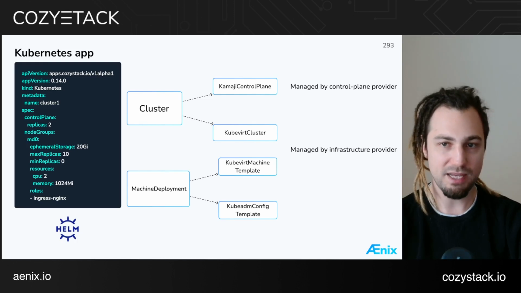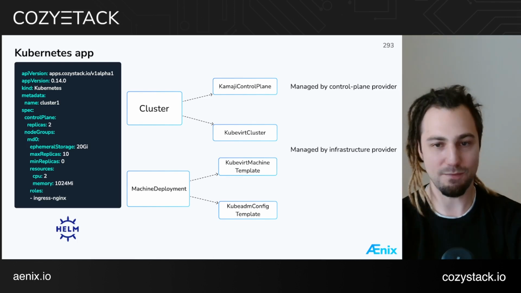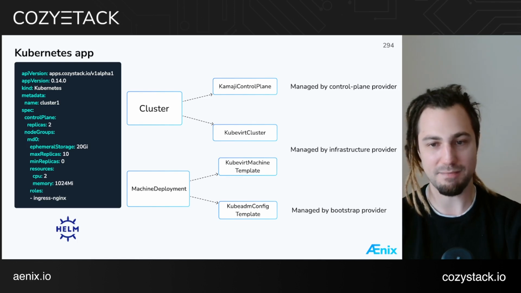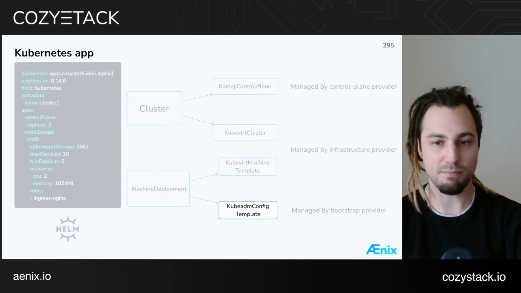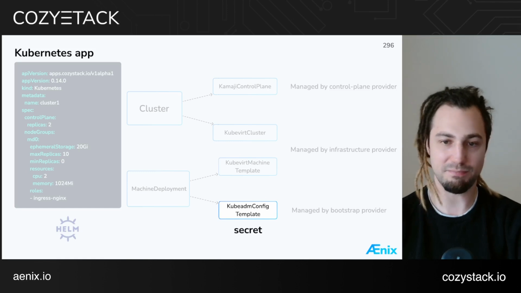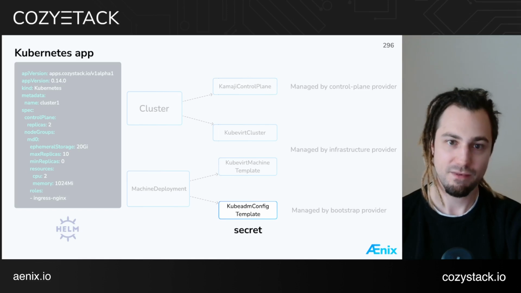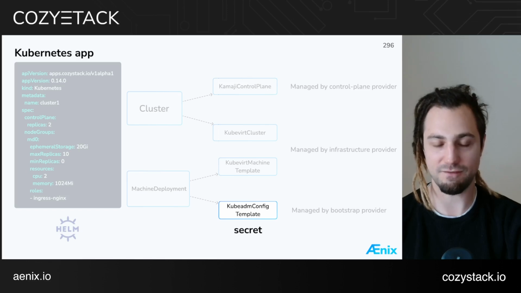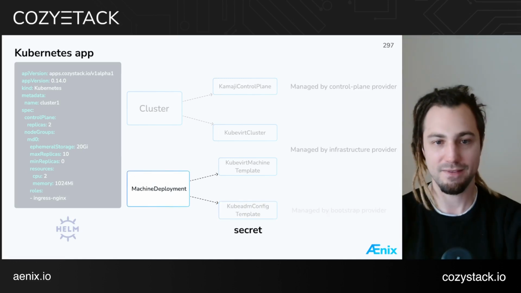Those entities are managed by various providers in terms of Cluster API. So Kamaji control plane is managed by the Kamaji control plane provider, the KubeVirt cluster and KubeVirt machine template are managed by the KubeVirt infrastructure provider, and KubeAdm config template is managed by the KubeAdm bootstrap provider. Actually, the logic of this is that the bootstrap provider, out of the KubeAdm config template, creates a secret for the virtual machine which has a KubeAdm join command with a token. If you run a virtual machine with this cloud init configuration, it will simply join the